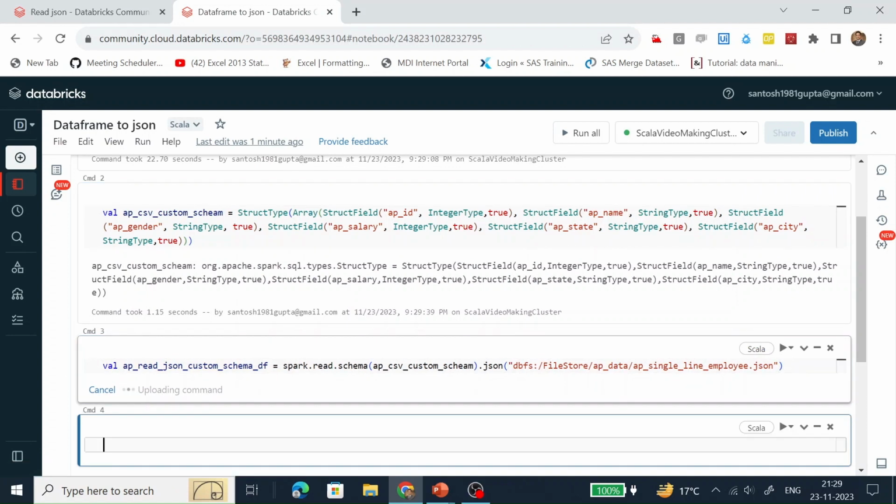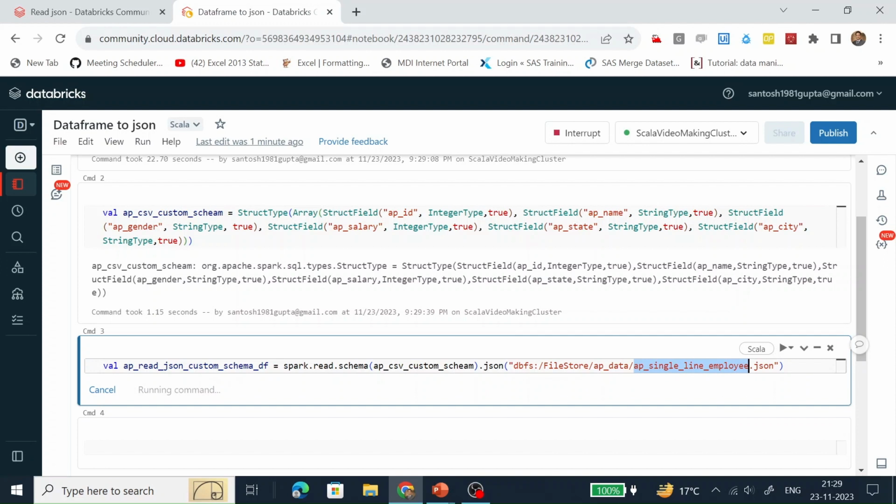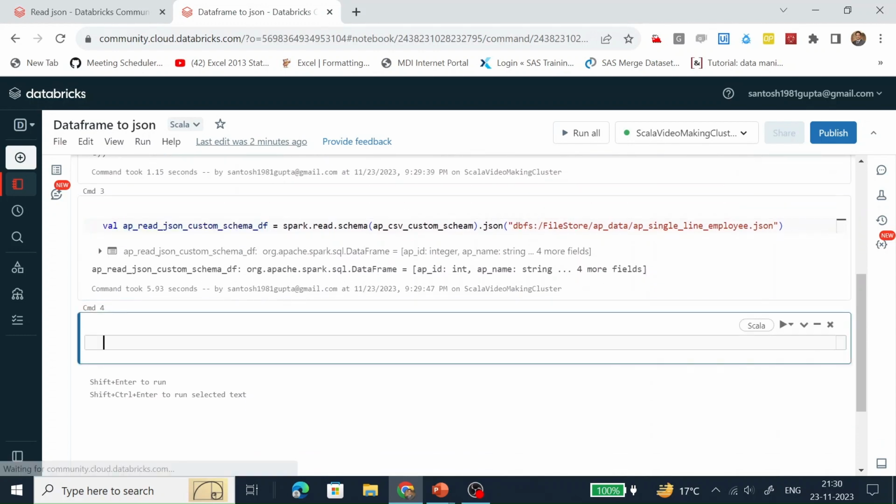Let's read this JSON document with the help of this custom schema, with the help of the spark.read.json function, to create this data frame. So this data frame has been created successfully. Let's display the content.